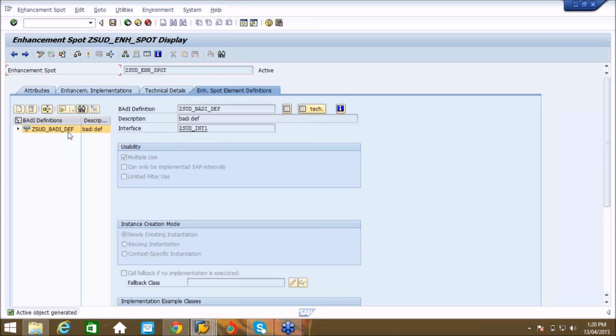Now we have created our own definition, our own implementation. This is okay, but where is this implementation going to be called? Where will you call this? Because if I execute some XD01 or MM01 transaction, this particular definition or implementation is not going to be called. There is no link between any transaction and this enhancement spot or implementation. How do you link them?